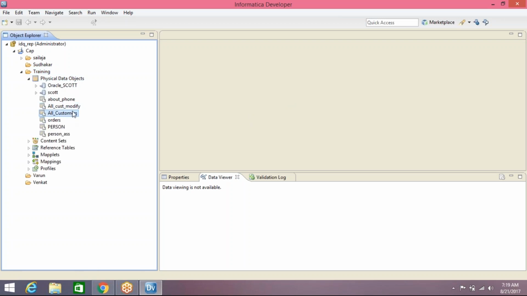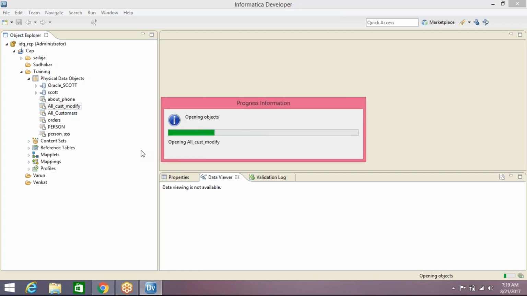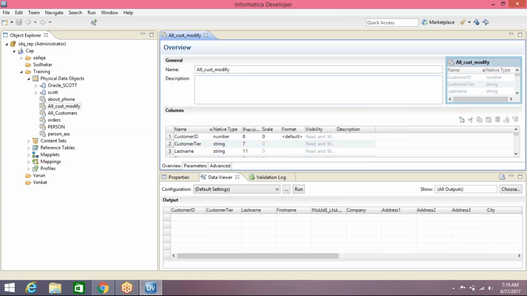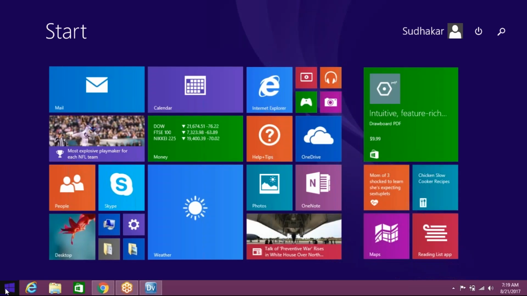all customers. Or else let me take customer modify. All customer modify is my source. Okay, if we take this all customer modify, my business requirements are